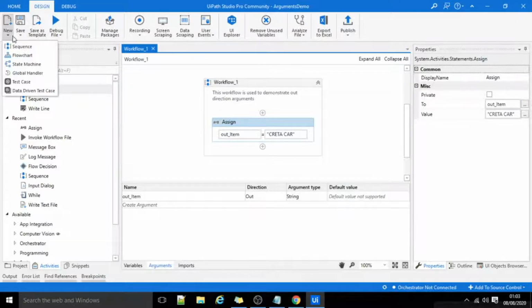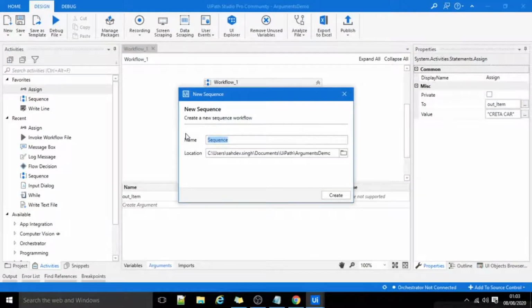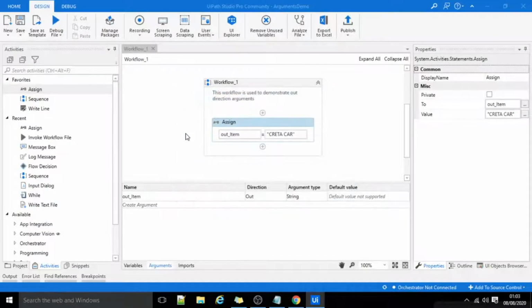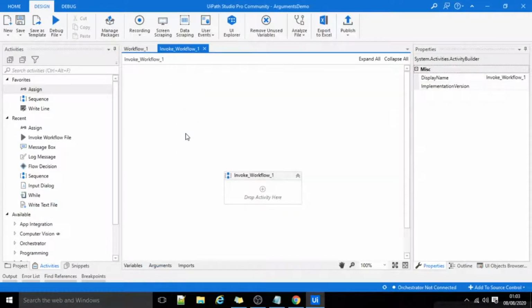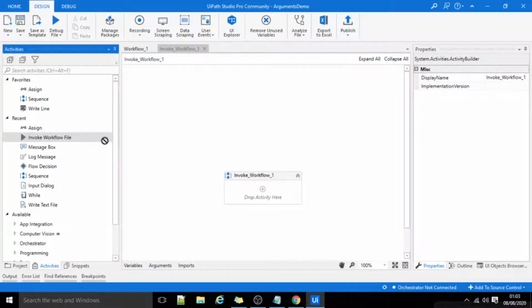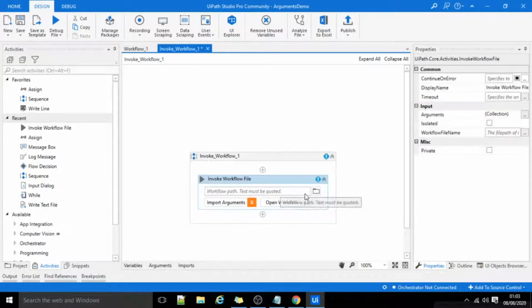Now I will create a workflow that will invoke or call this workflow: Invoke_Workflow_1. I will invoke that workflow by using the Invoke Workflow File activity.